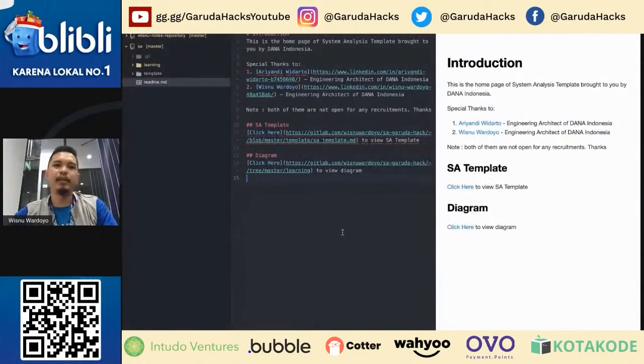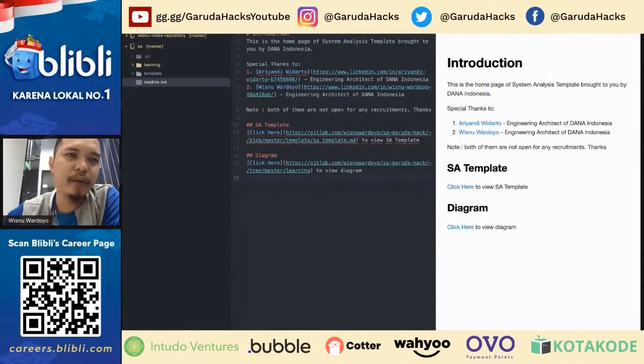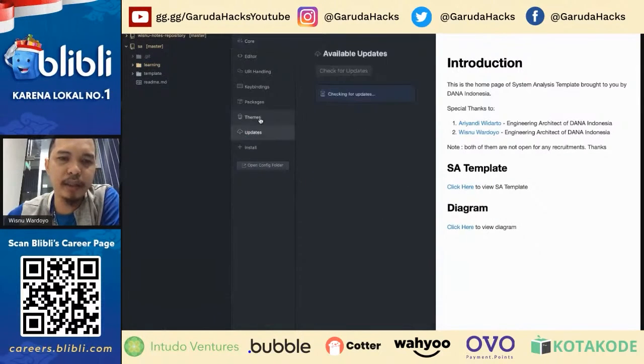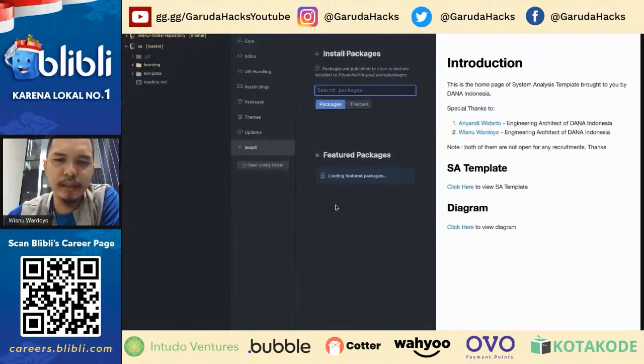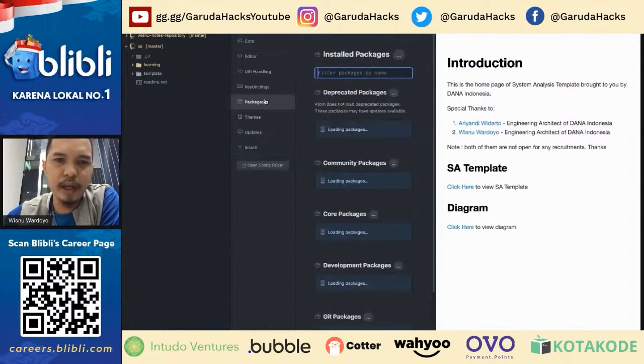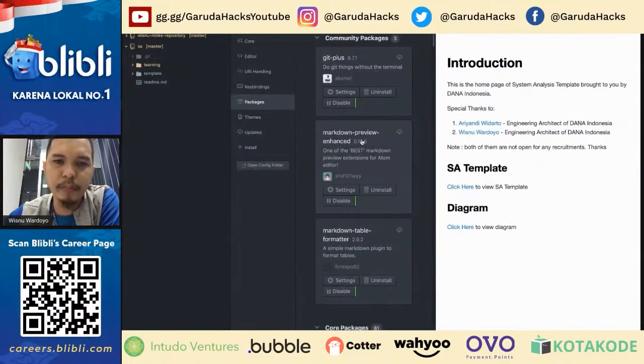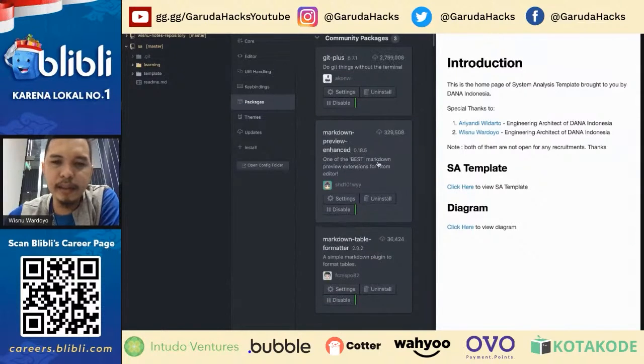You need to install something. This is what I installed: Markdown Preview Enhanced. This is the package or the plugin I need to render the page.